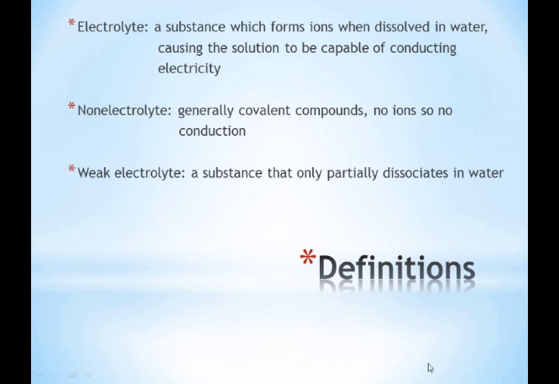A weak electrolyte will be a substance that only partially dissociates in water, so you might get some electrical current going through the solution, but not a very strong one. Weak electrolytes are weak acids. Oh, I should write this down for you because it's not in my notes. These would be weak acids and bases